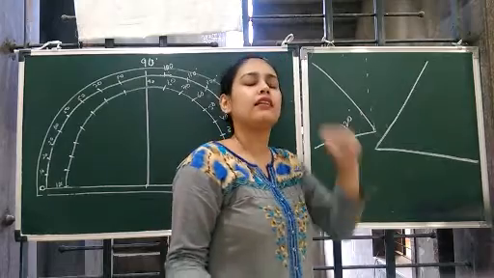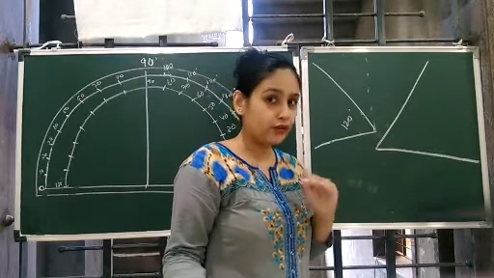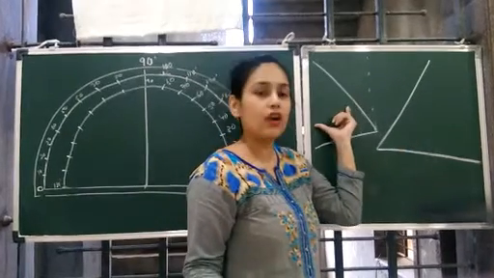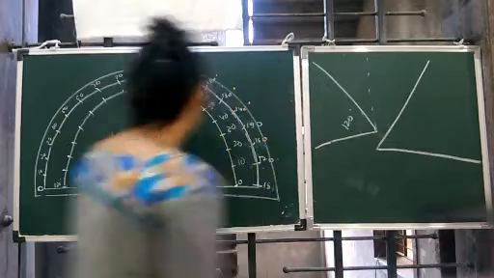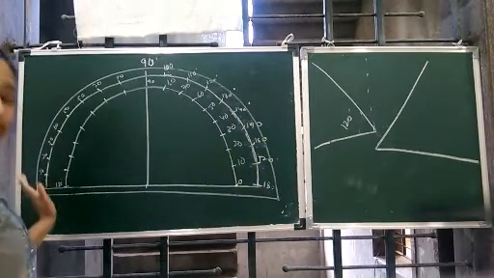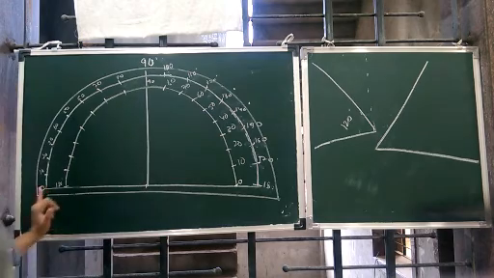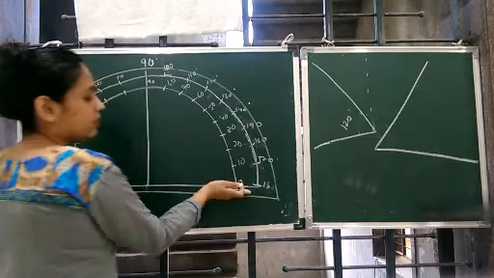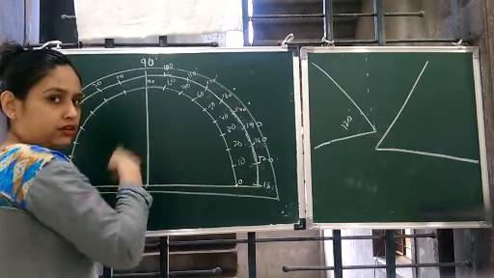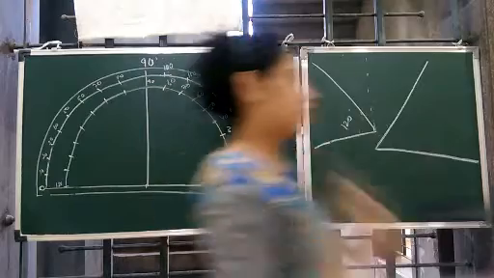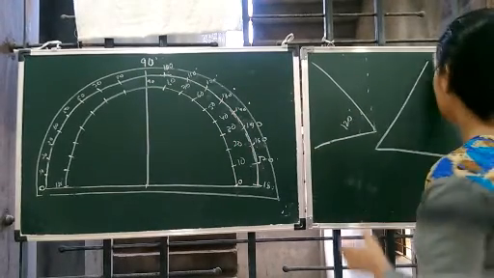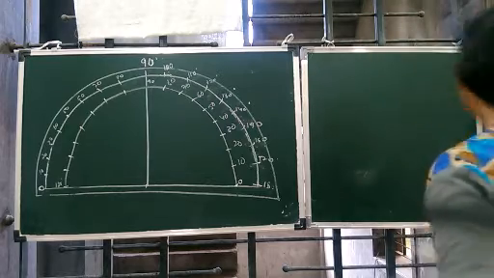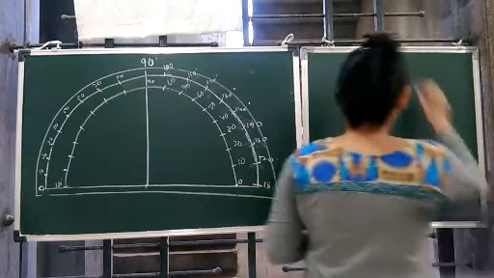Understood? So this mistake many of you make. What you do? You do not check the face of the angle, where it is facing. Is it facing right or left? If it is facing left, it will use the left measurement, that is the outer one, where the 0 has started, right? Left 0. And if it is facing right side, then it will use the right measurement. Okay, got it? Now, this is about the protractor. Now, how do we measure an angle? Very simple. How do we measure an angle? What do we do? Like suppose this is an angle.